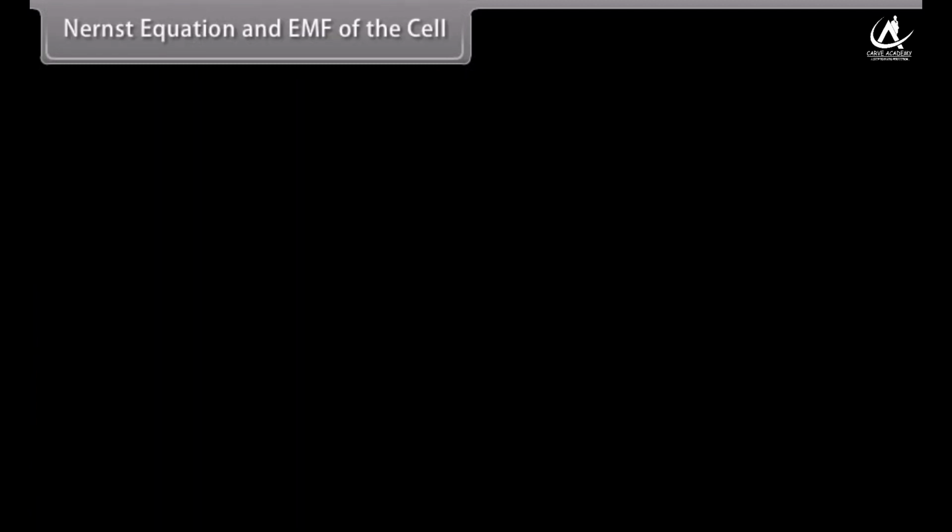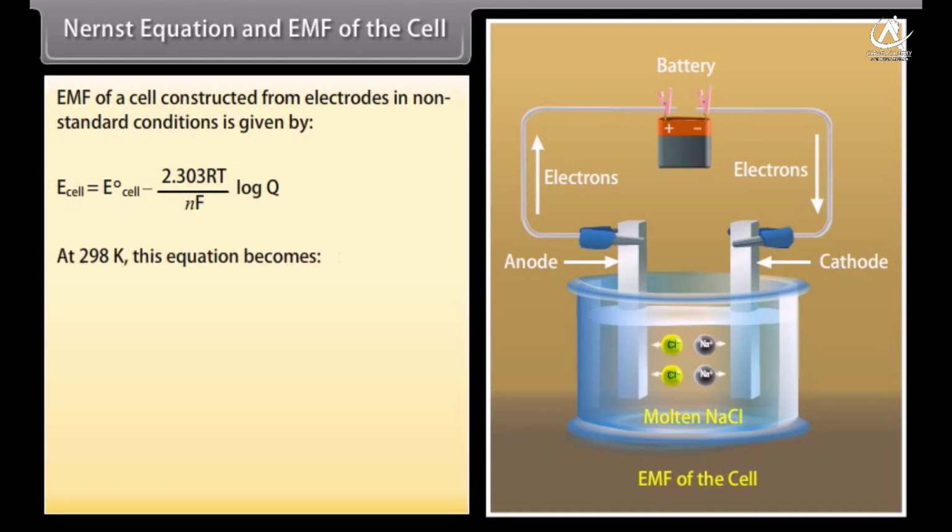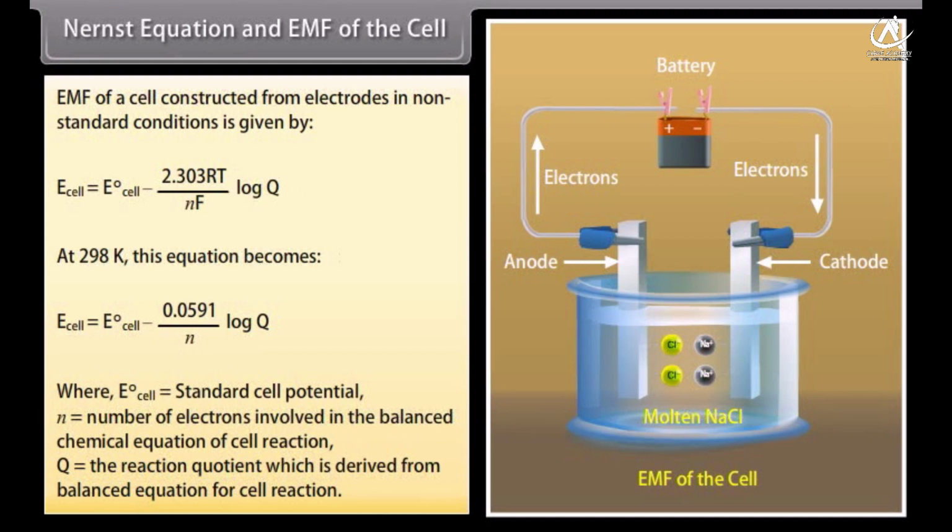Nernst equation and EMF of the cell. EMF of a cell constructed from electrodes in non-standard conditions is given by E cell is equal to E naught cell minus 2.303 RT upon nF multiplied by log Q. At 298 Kelvin, this equation becomes E cell is equal to E naught cell minus 0.0591 upon n multiplied by log Q. Here, E naught cell is equal to standard cell potential, n is equal to number of electrons involved in the balanced chemical equation of cell reaction, Q is equal to the reaction quotient which is derived from balanced equation for